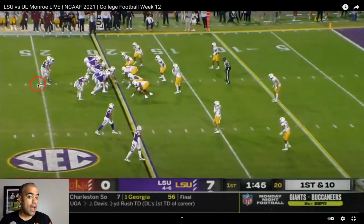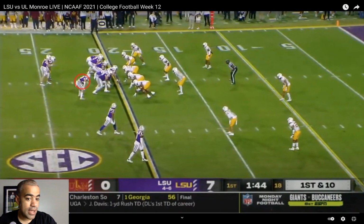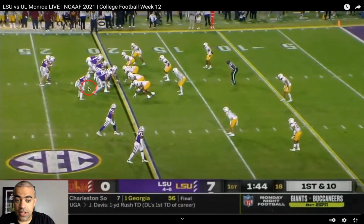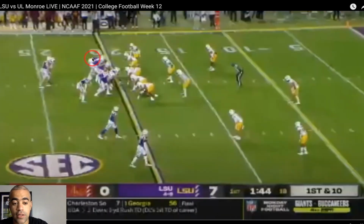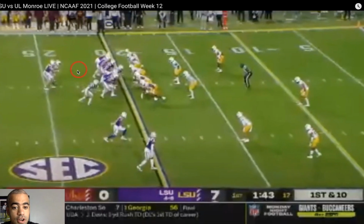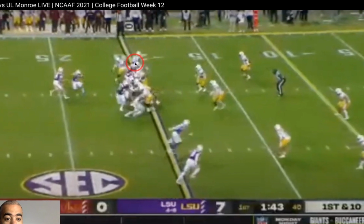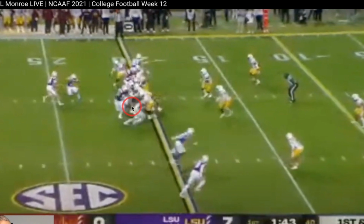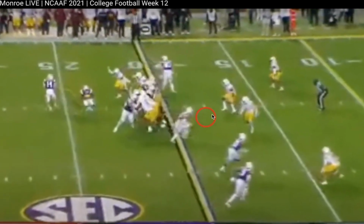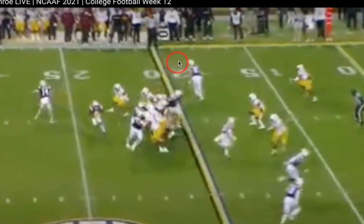and this is one of those cases. Once again, this is not to pile on Cole Taylor, but on this play right here, it is 1st and 10. The design of this play is to get everyone thinking we're going to hit Jack Bech in the flat, but instead we're going to throw this ball in the flat to Cole Taylor, okay? So we get what we want for this play to work. We get Cole Taylor on the slip, okay? And we get a blitzer coming off the edge, okay? So you notice the defense is respecting this side of the formation,